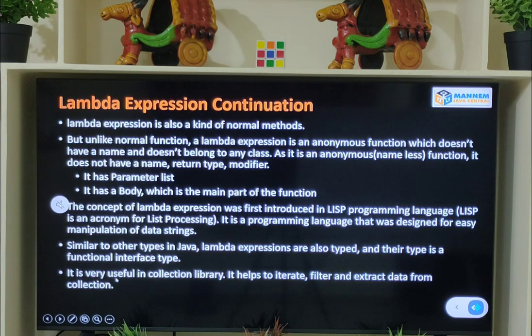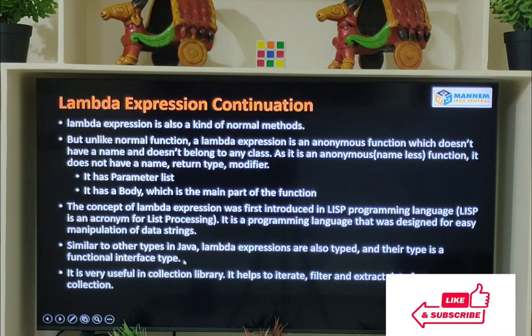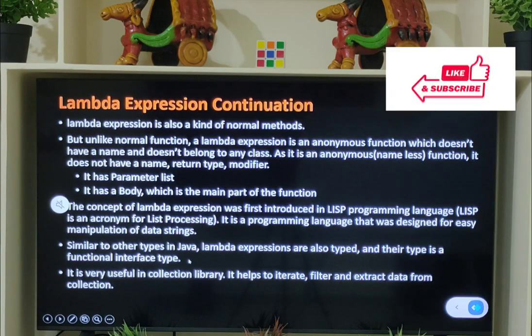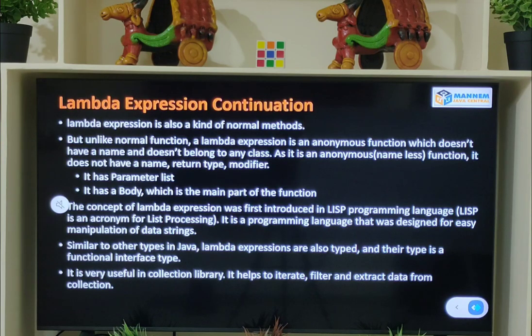Next, it is very useful in the collection library. It helps to iterate, filter, and extract data from the collection. That is, in Java 8 standard code, we have to deal with collections, and at the time of dealing with collections, we need to take help from streams. So the combination of streams with collections is a frequent requirement.